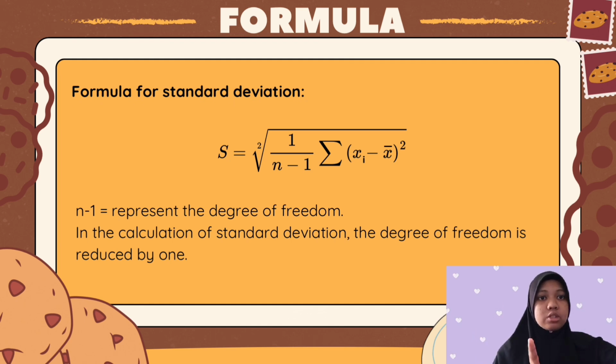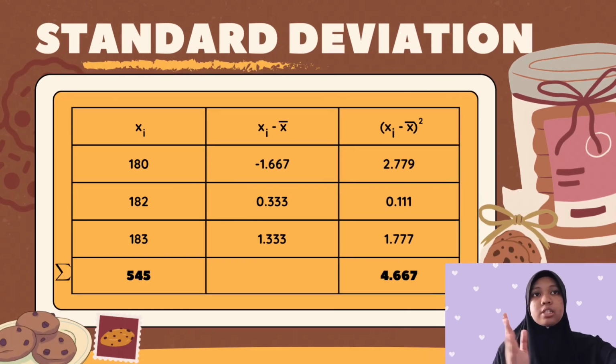The n minus 1 in the formula represents the degree of freedom, which in the calculation of standard deviation is reduced by 1. To find the sum of power of 2 of data minus mean, we can use a table as it is easier and more organized. Since there is a rejection of data, we need to use the new mean that is already calculated by Nisa, which is